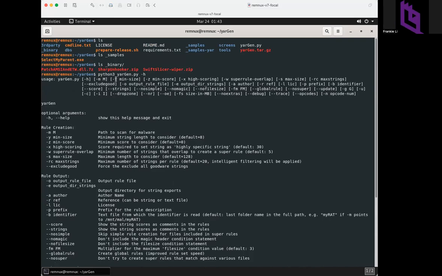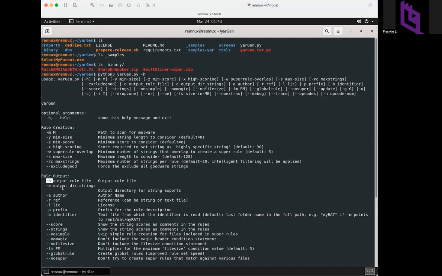For example, the binary, which is the location of the malware to be analyzed, that is the M option. The second one is the output, where you specify the output rules path, that means the location in the folder or directory,